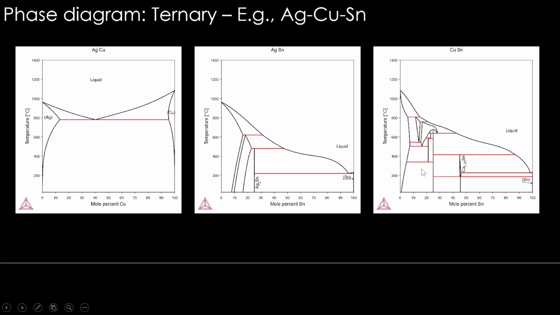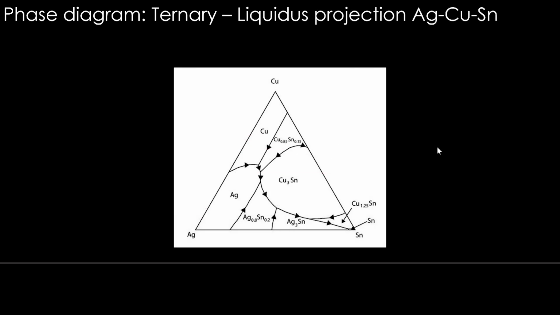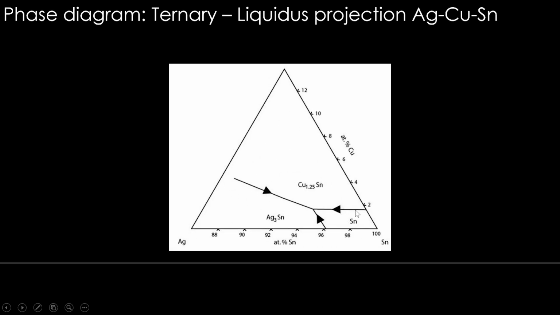Let us, if these three go into a ternary system, these are going to be the sides of the ternary, and how the liquidus projection will look in that. It's going to look like this, quite complex. And the lines here indicate that the reactions follow these paths. You remember in the previous case, three eutectic reactions converge into one ternary eutectic. It's similar to that. If I zoom into that version, you can see it here. There are these two binary eutectics, and there is one more binary eutectic coming like this. They all meet here. So this is the ternary eutectic now.